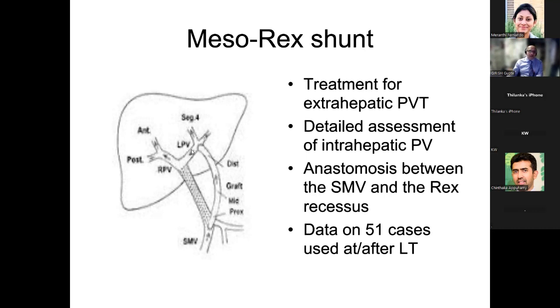You have to identify that the left portal vein is present, and sometimes it may be seen on a CT scan, but actually when the surgeons go to do the procedure, they may find it to be technically very difficult. So you must have an alternative plan whenever you consider a Meso-Rex shunt, if at all you are going to do this. The Meso-Rex shunt, if successful, has some advantages over other shunts because the incidence of encephalopathy is significantly less because